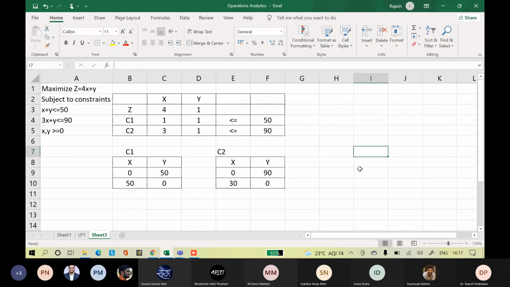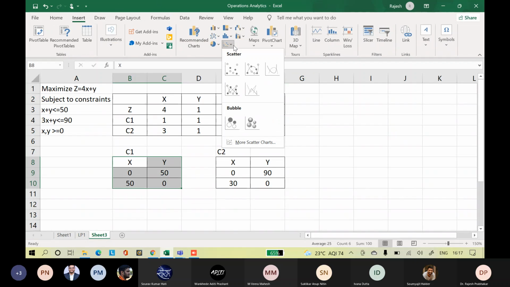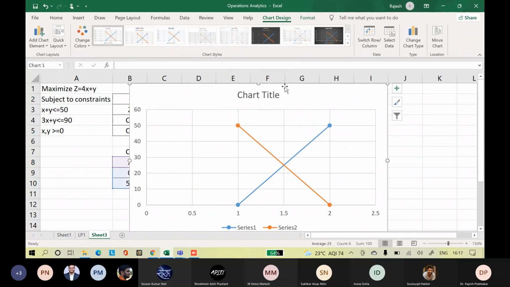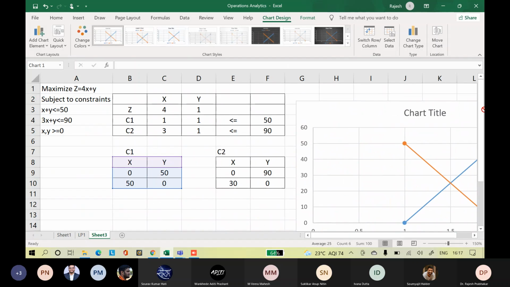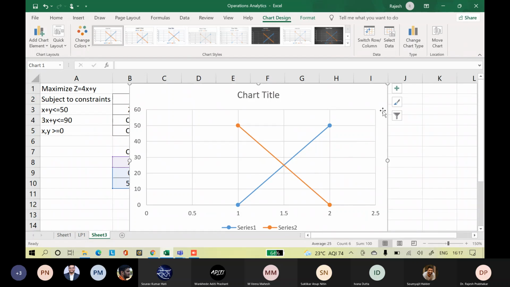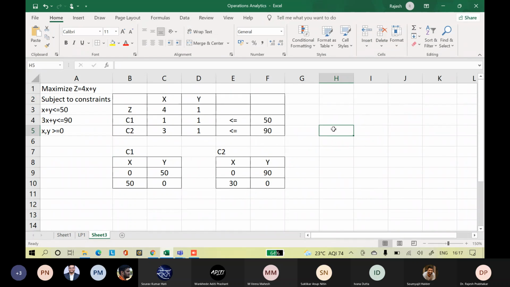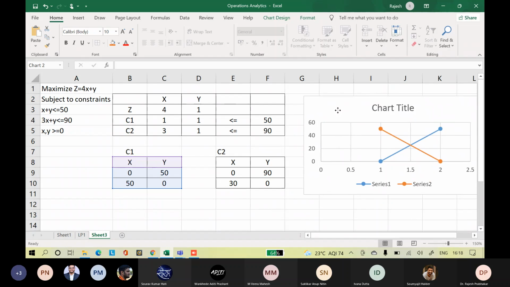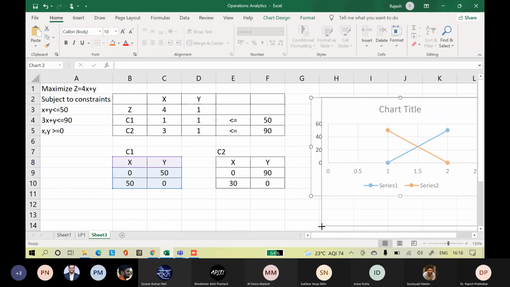Right. Now, let us plot. First select the C1, go to Insert, Scatter with Smooth Lines and Markers. Control X and I'll paste it here, Control V. We'll reduce the size also.